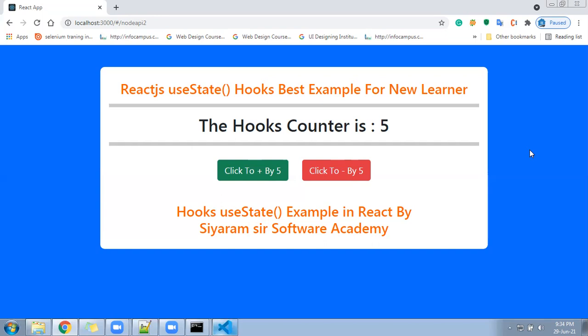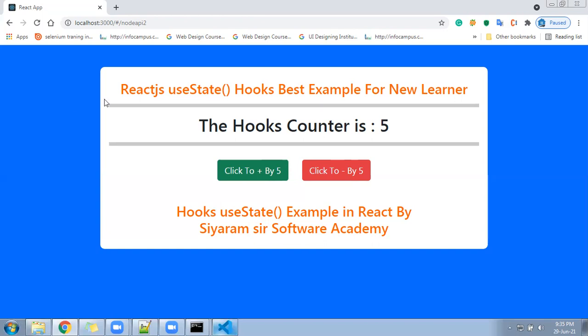We know how state management works under React. Under the class component, we used this.state and the this.setState function to update the value of a variable, to change the state of a variable. With the useState function in hooks, it's a little different. It's purely a functional component. In React we have the class component and the functional component, and with the functional component we are going to implement our entire hooks functionality.